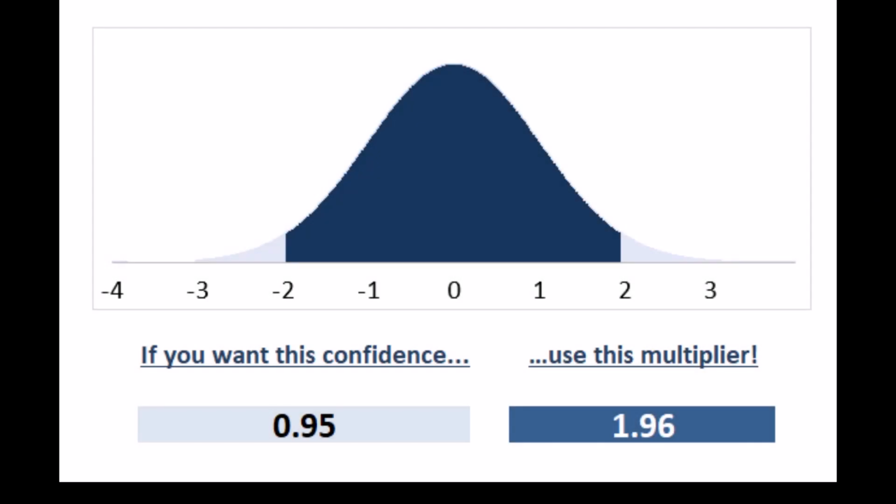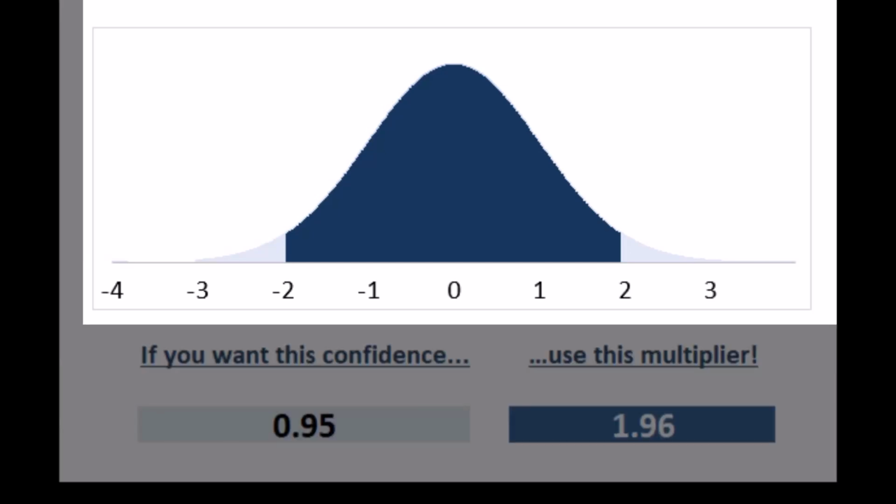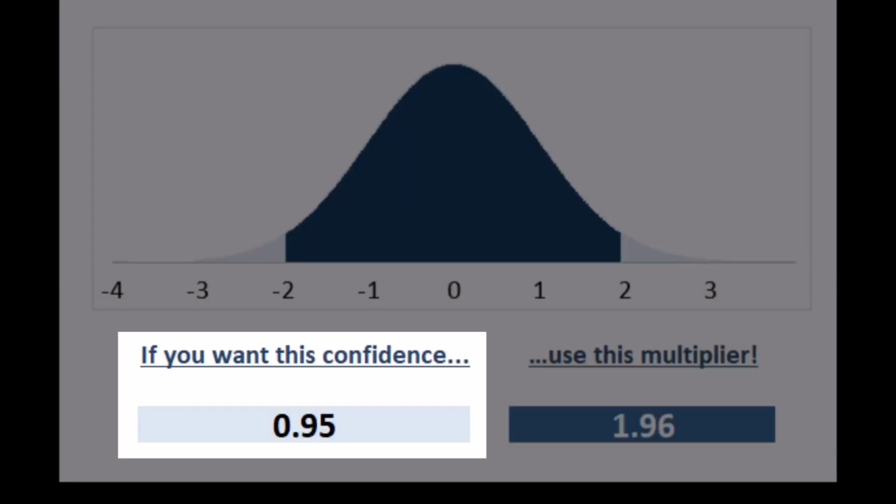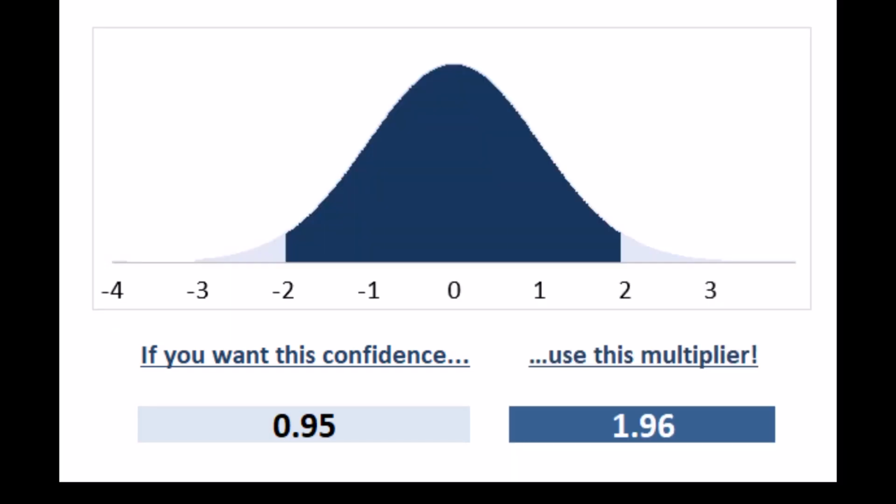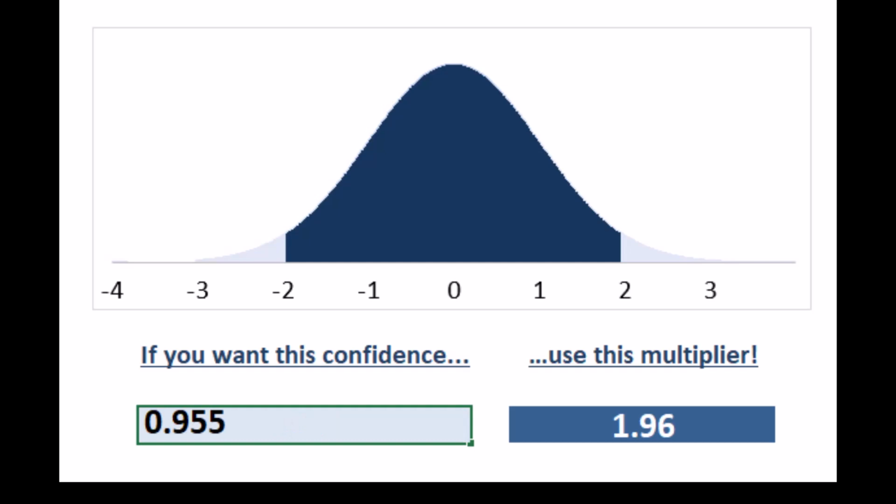Okay, my friends. So what we're looking at here is three things. First of all, the bell curve up top. That's just giving you a visual of the area that we're going to edit down here in this little gray box. Okay, so 95% confidence, multiplier 1.96. I know we said it was 2 before. That's because it's very often rounded off to 2 because it's an easy number to remember. It's technically 1.96. You have to go a little bit higher with the confidence to get it to be exactly 2. I think it's like